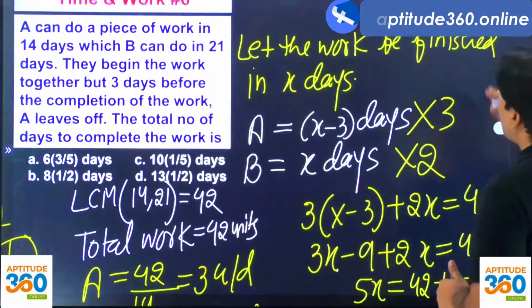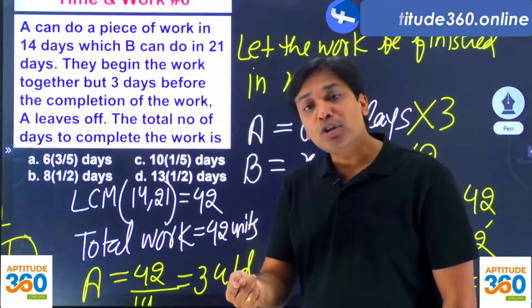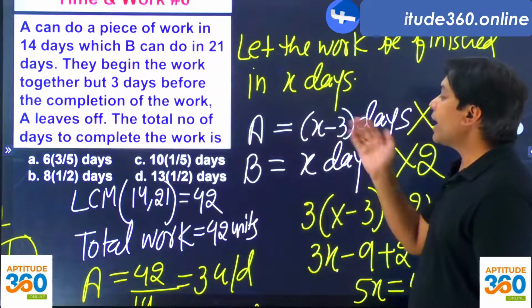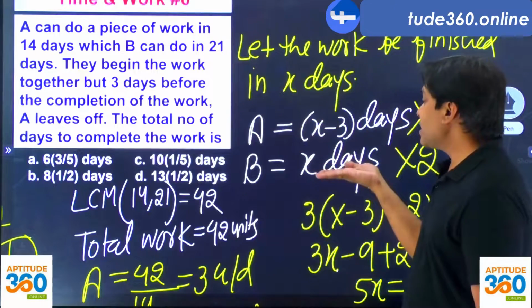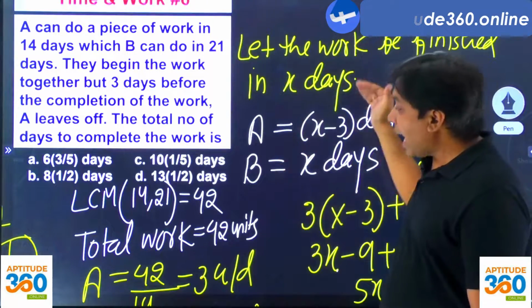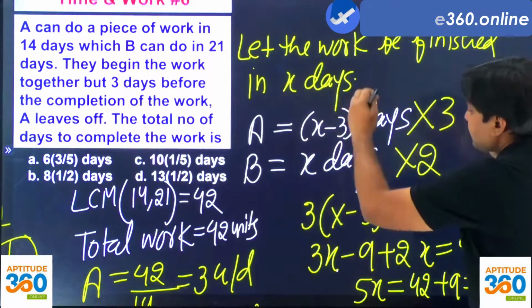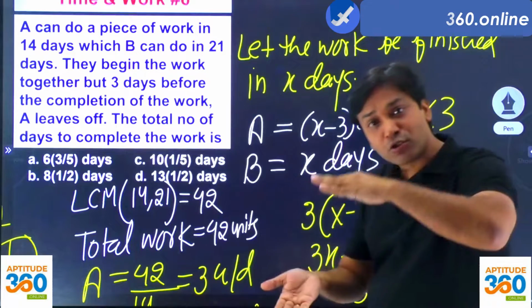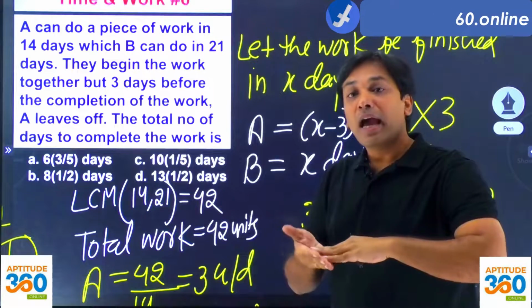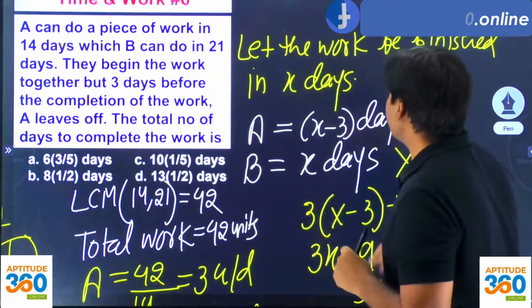आप ये मान लो कि काम को X days में खत्म कर दिया, और क्योंकि A 3 दिन पहले छोड़ के चला गया, so A is going to be working for X minus 3 days. Problem doesn't say anything about B, so B is going to be working for the entire period of time, which is X days. And through the LCM method, you find out what is going to be the collective work of A and collective work of B, and that is going to be the entire work, right? And you can find out very easily the value of X. So if you understand this thing,